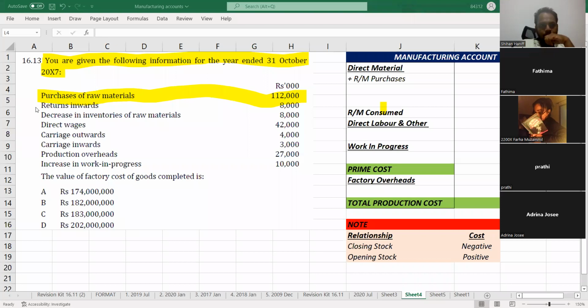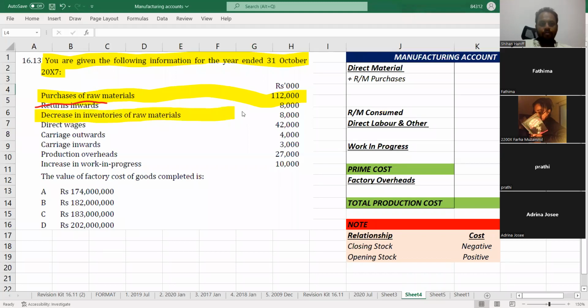Return inwards we don't take here. So it won't come to the manufacturing account. Return inwards goes to the trading account. From sales we deduct return. So it won't come here. Right. Then